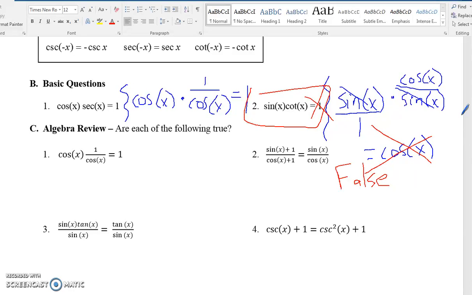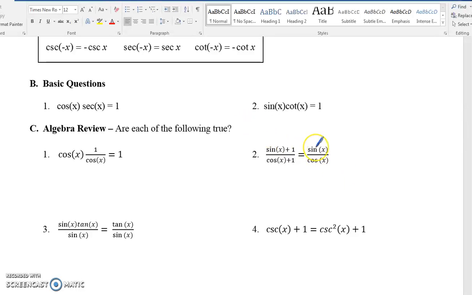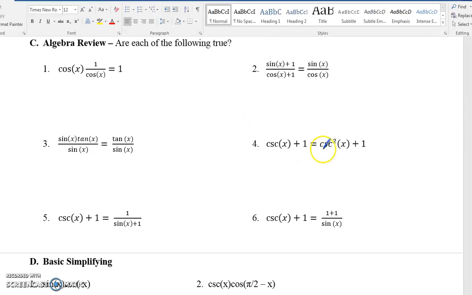So that's a very quick intro into what this unit will look like. What I would like you to do now, as I erase this, is to kind of get prepared for some other things that we might be looking at. I want you to look at these 6 questions and think about how you might simplify them. Are each of these 6 ideas true or false? Can you go through and do some simple substitutions and try to simplify them and try to figure out, are these things true or false? And if they're true, great, show that work. If they're false, show me where that error might occur. And this will be our discussion that we have in class when